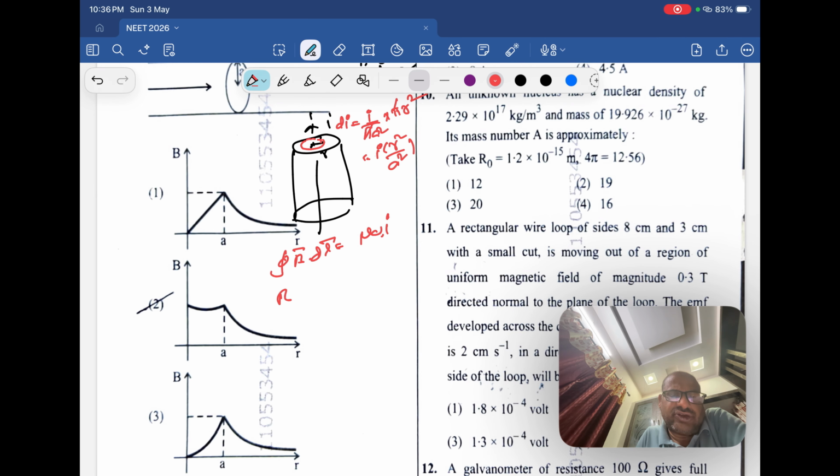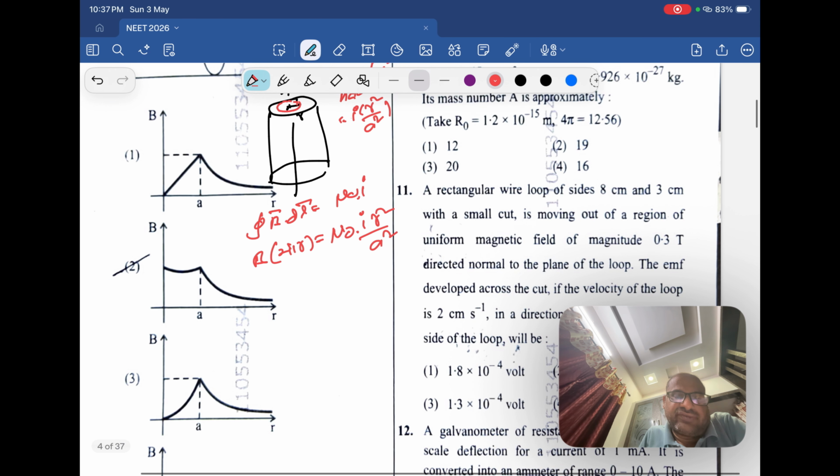So B dl along this way, everywhere. If you use the right hand rule, if you hold it like this, everywhere the current is what? Concentric circles, the magnetic field lines will be concentric circles, so along the length they are parallel, so B dl cos theta, theta is 0. So B is constant everywhere here, length is 2 pi r, which is equal to mu naught into current enclosed in this Amperian loop, I into r square by a square. So if you simplify, student, here this r gets canceled, and a, I, everything is constant, so B is proportional to